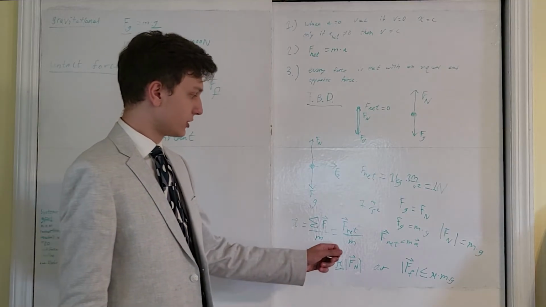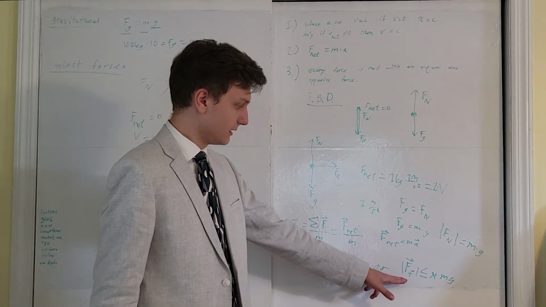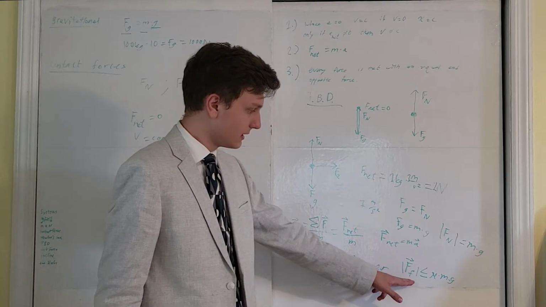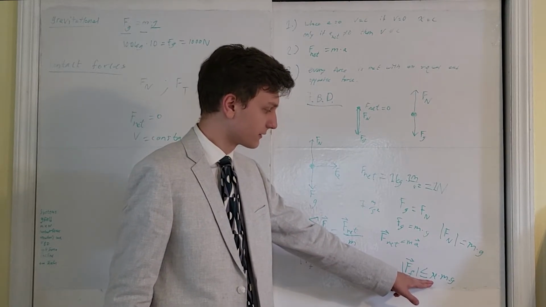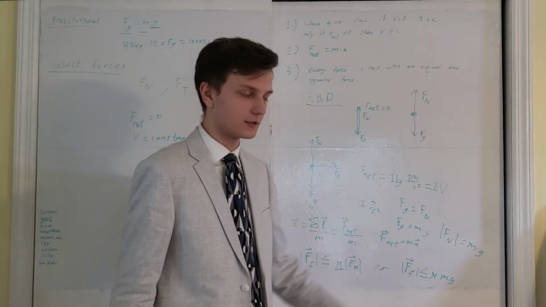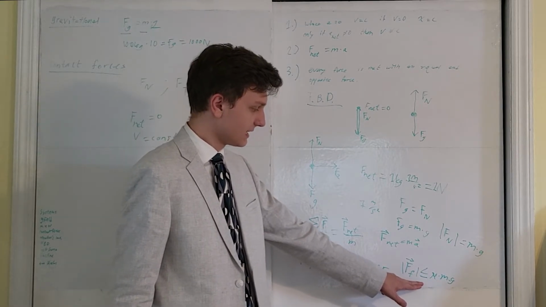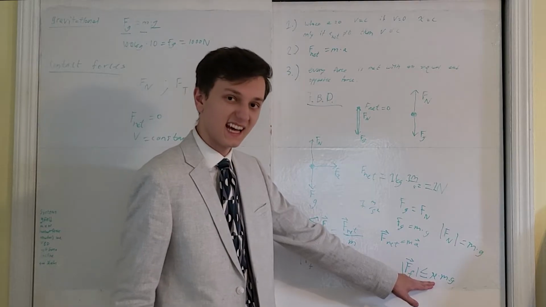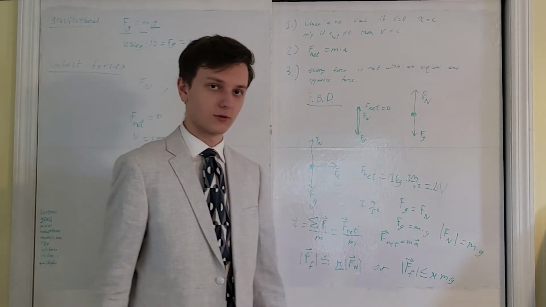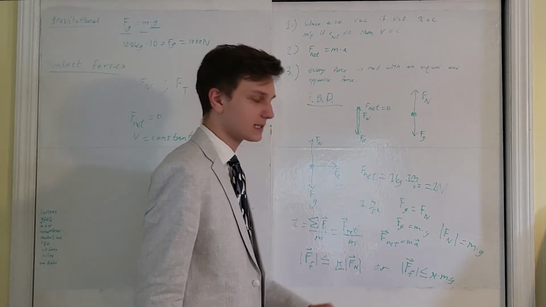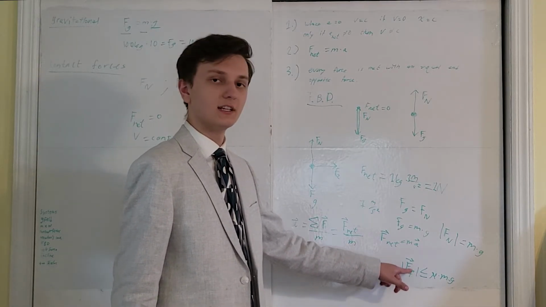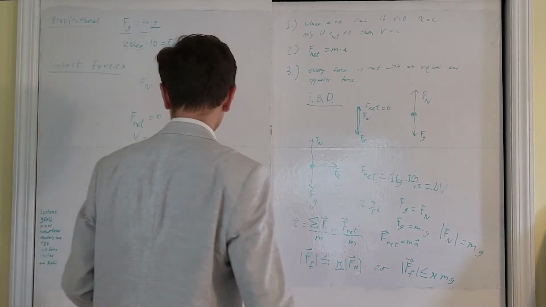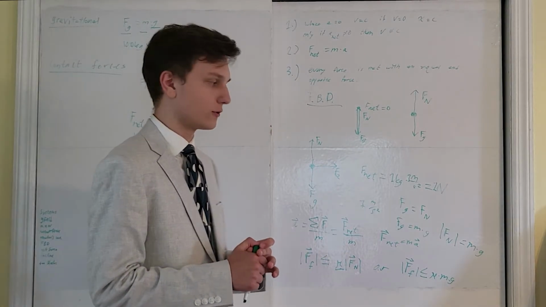Kinetic friction is defined as the force of kinetic friction equals the coefficient of kinetic friction times the normal force. Static frictional force is less than or equal to the coefficient of static friction multiplied by the normal force. The maximum static frictional force that can be exerted is greater than the maximum kinetic frictional force, such that